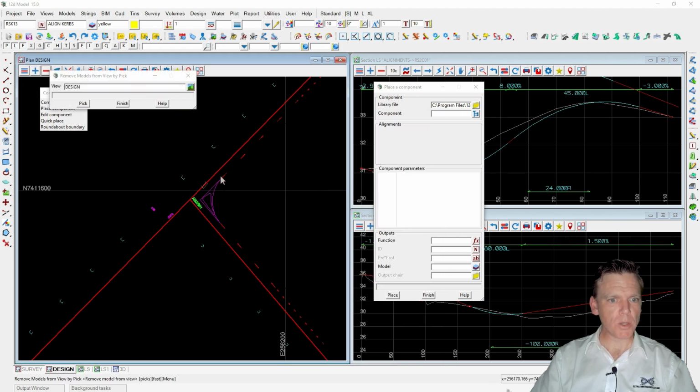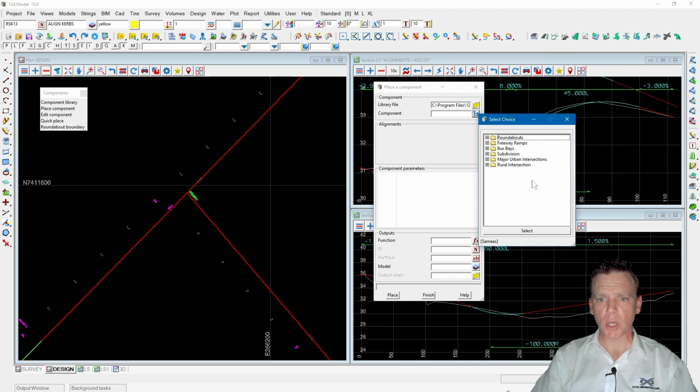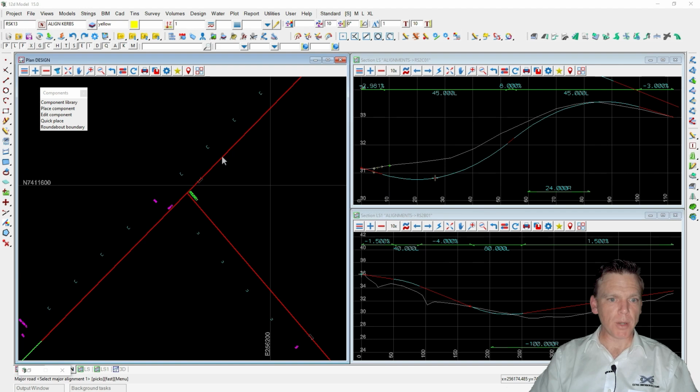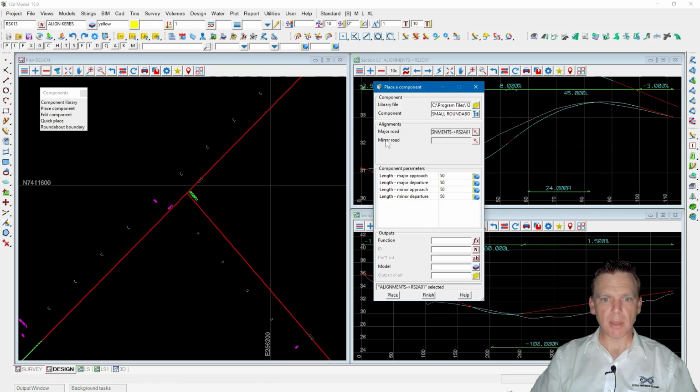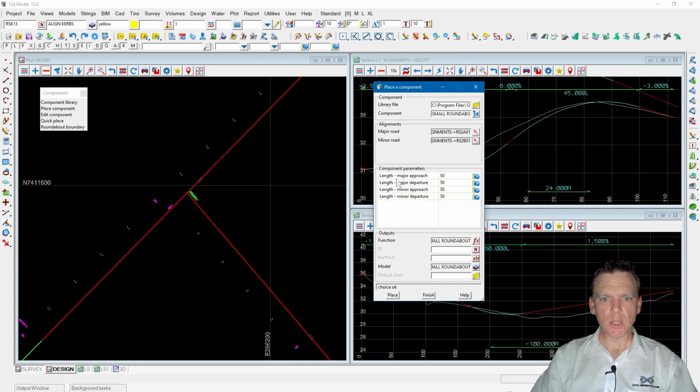I'll just turn these models off. And the other one I thought we would quickly show might be some sort of a roundabout. Again, got the same sort of elements in terms of the major road and the minor. So I've got my major road coming through the intersection here and the minor road coming down our side road here. Now in terms of the departure, so the major approach, I've definitely got 50 meters,